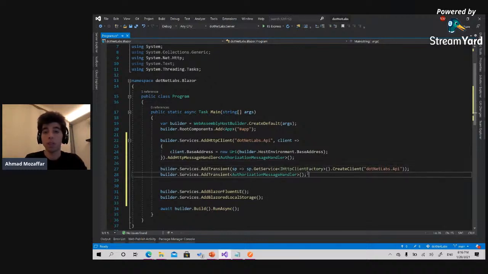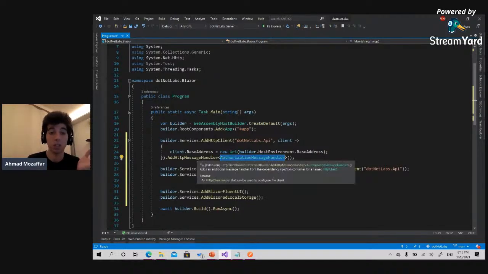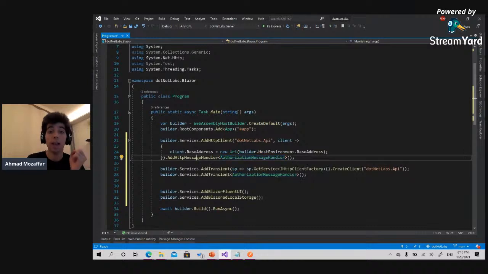So there is something called HTTP Client Factory, which is this one. It's just a service existing in .NET that allows you to create instances of HTTP client. Why do we have this? Because sometimes your application basically calls multiple APIs. So each API with a specific authorization, with specific message handlers, and